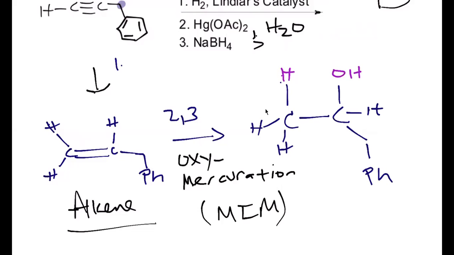Anybody not see that? Or anybody struggling to see it? Say something. Or are we okay? And hopefully you recognize that these 2 sets of reagents go together. Right? Those are your reagents for oxymercuration. Mercury acetate and water in the first step, followed by sodium borohydride in the second step to get rid of